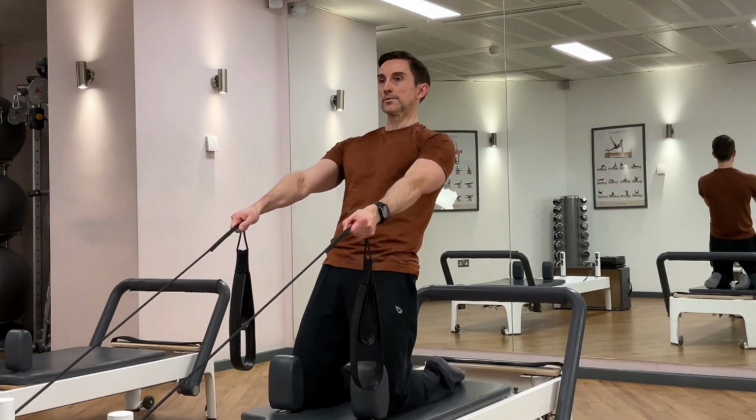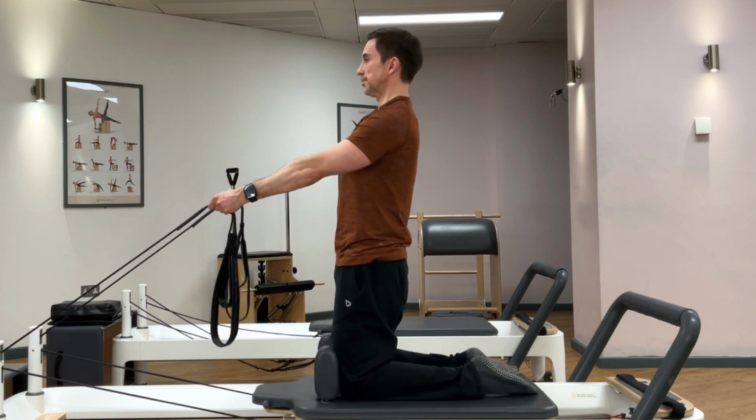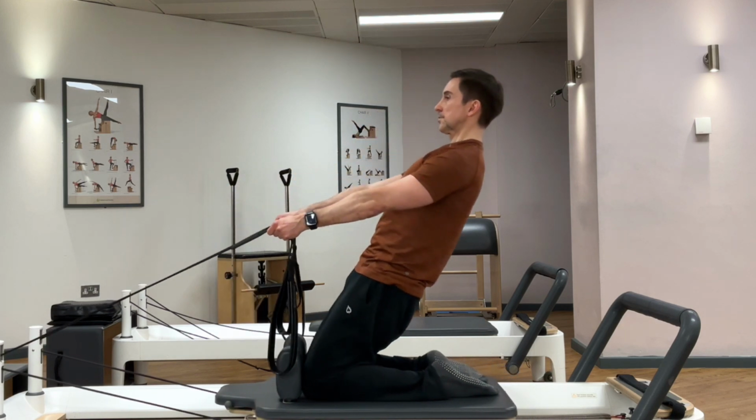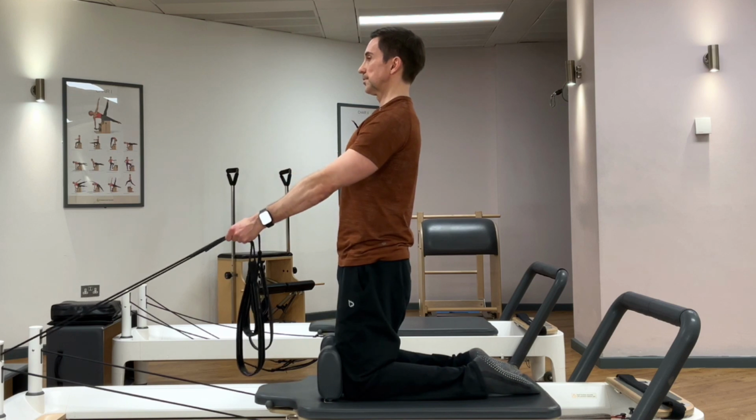Keep the eyeline facing forward, allowing for a slight little head nod. Maintain scapular stabilization throughout. Avoid any protraction. Perform 3 to 4 repetitions, and only when you feel fully comfortable with this exercise would you move on to